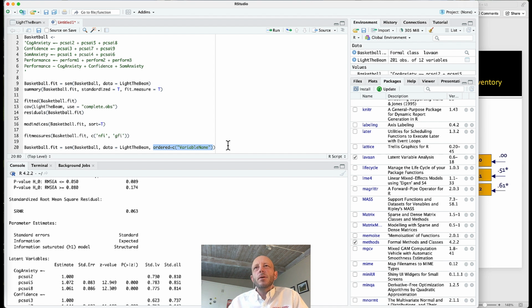Originally we had this line here, which is your initial statement to tell R to start running an SEM. And if your dependent variable, or actually any variable, is ordered or ordinal, then you take this line and replace